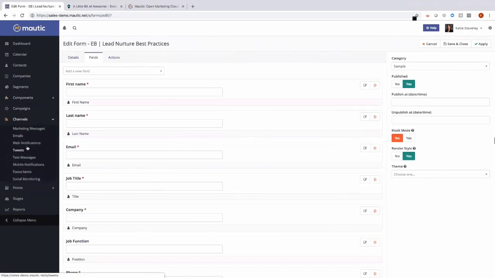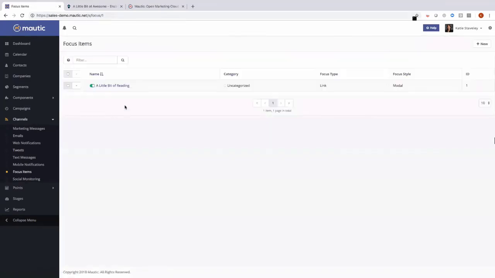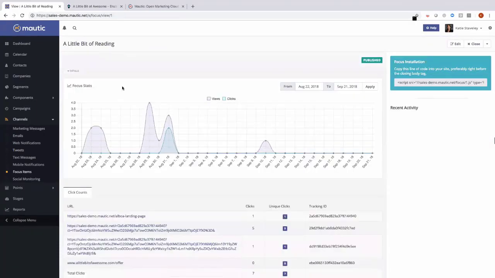There are a couple of other features that are available in Mautic that are worth noting. So for example, when I look at channels over here, and I had mentioned earlier that you can send communications through multiple channels in Mautic, you can see that there's things like emails, web notifications, tweets, text messages, mobile push notifications. There's also this section called focus items. Focus items are a way for you to use pop-up modals on your website or static modals on your website